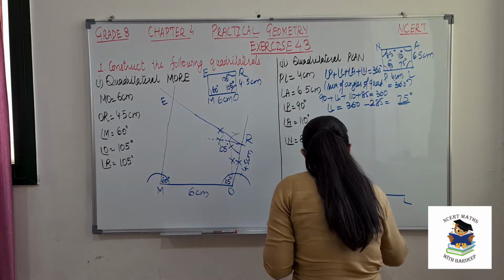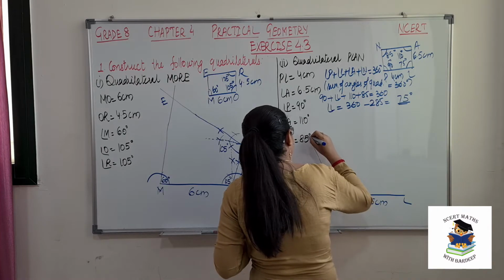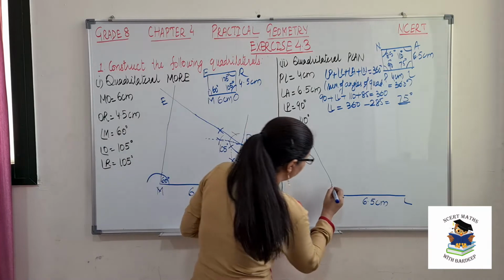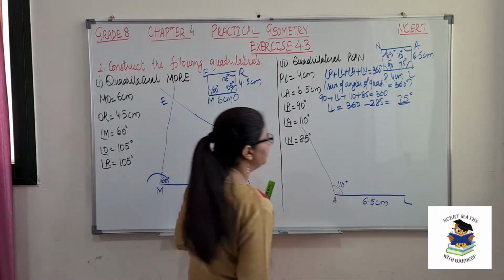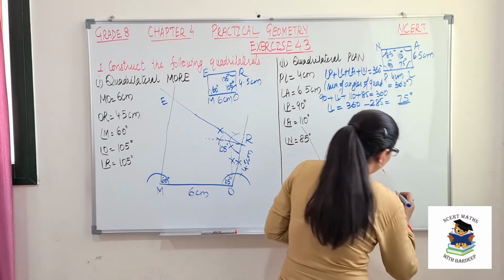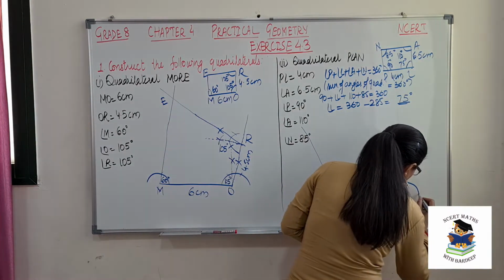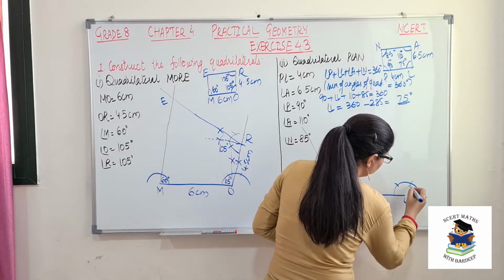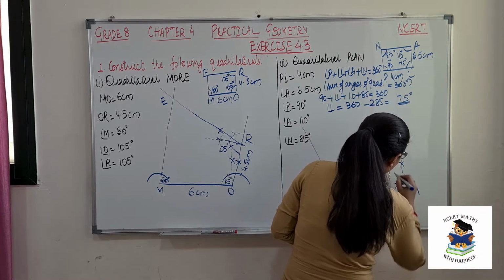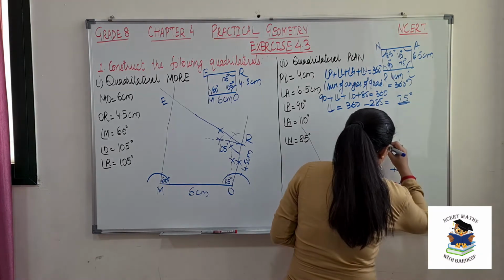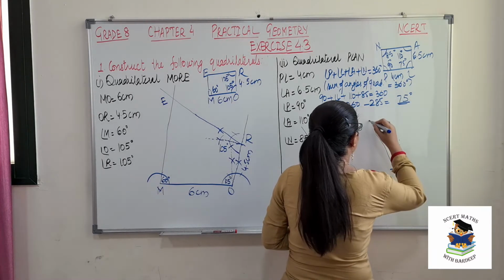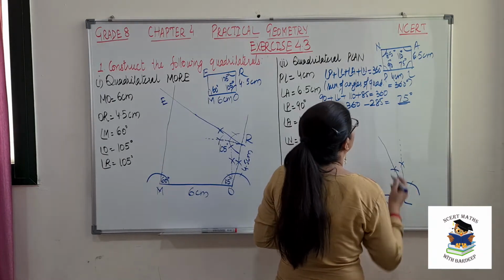Okay, so join this and extend it further. So this will be our 110 degree angle. So mark it here, that is 110 degree. On L we need 75 degree. So as already explained in the introduction video, it should be between 90 and 60 degree. So this is 90. This will be somewhere 75. Okay, so this angle is 75 degree.